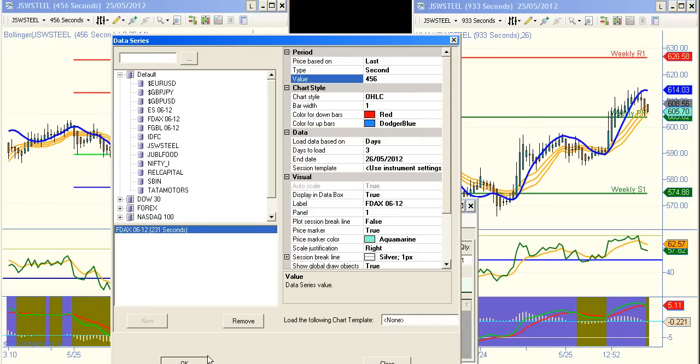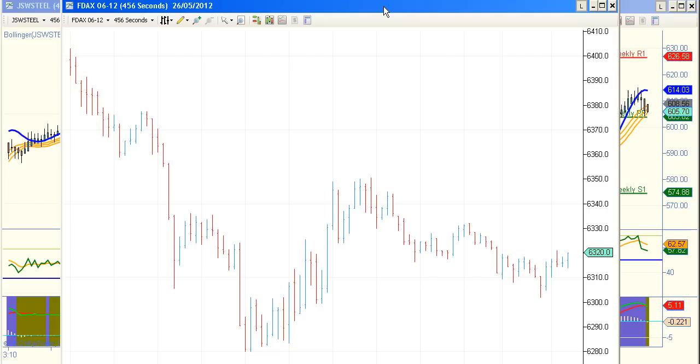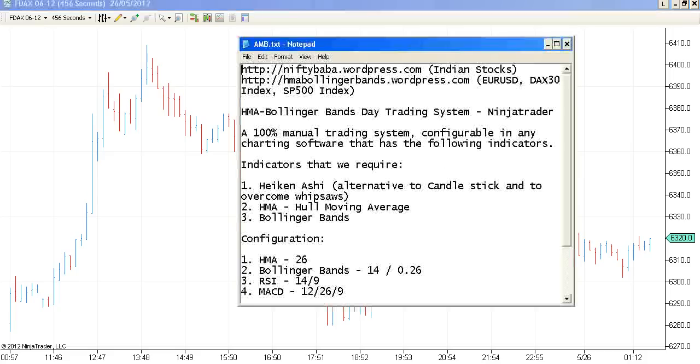This is June contract. I'll take default 24/7. Yeah, I have German DAX 30 index futures chart in front of me. Let us start configuring.